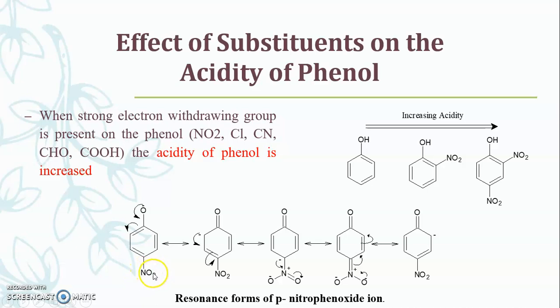Now if we compare the electronegativity of this nitrogen atom and oxygen atom, this oxygen atom is more electronegative as compared to the nitrogen atom. So due to which this oxygen atom withdraws the electrons from the nitrogen atom. So the net electrons present on the nitrogen atom decrease. So what happens now is that nitrogen, as it becomes electron deficient, will try to search for electrons